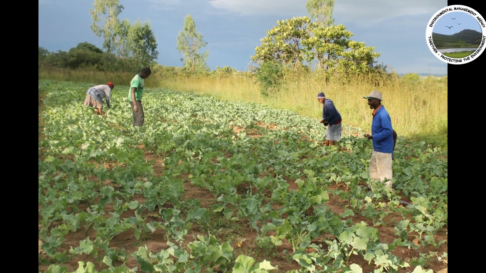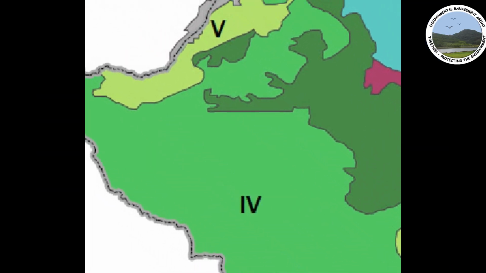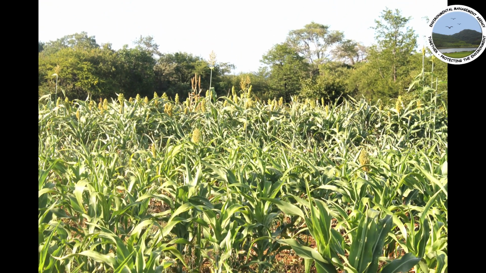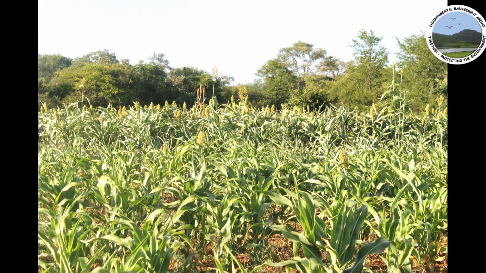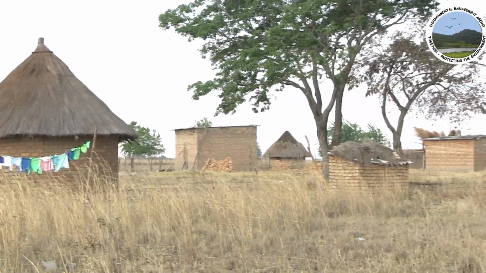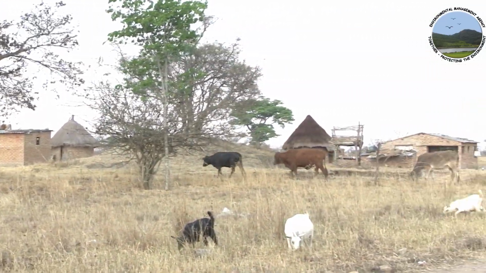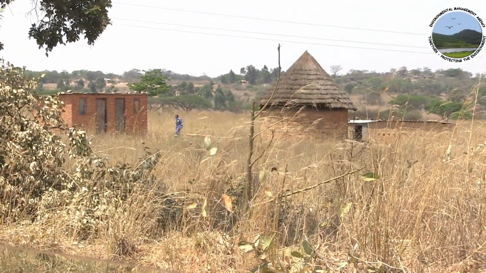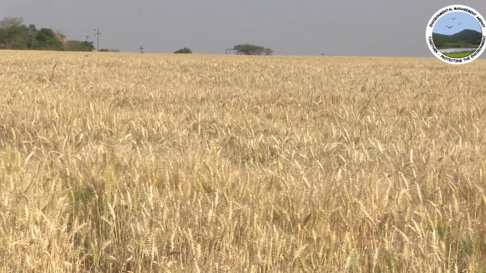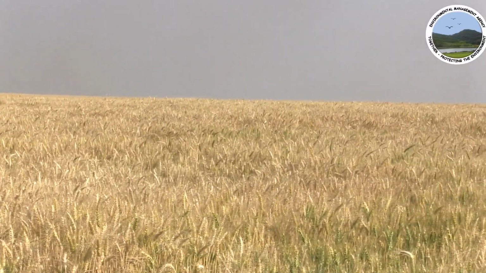Three quarters of the rural areas lie in Region 4 and 5, which are least favorable for both crop and livestock production. Rural areas are the most densely populated areas outside urban centers. The government of Zimbabwe embarked on a land redistribution exercise soon after independence in 1980, thereby decongesting the rural areas and correcting the skewed colonial land ownership in the country.